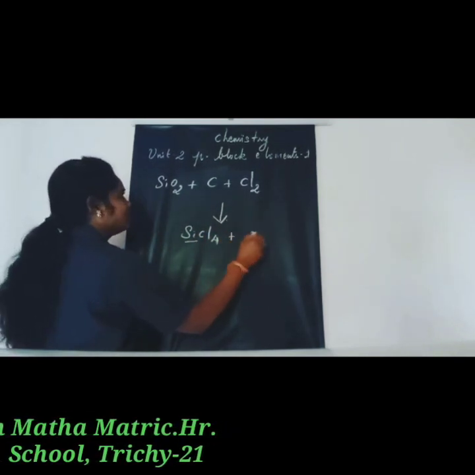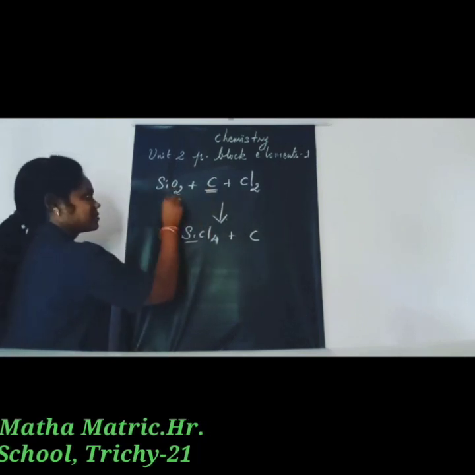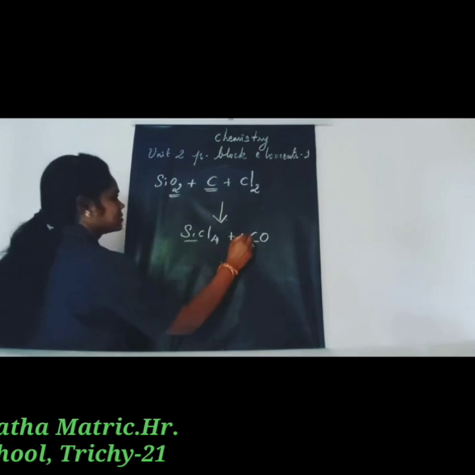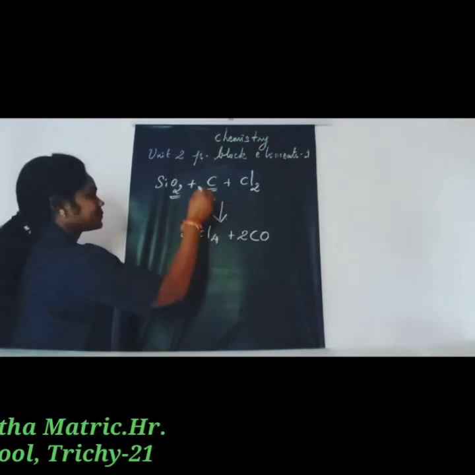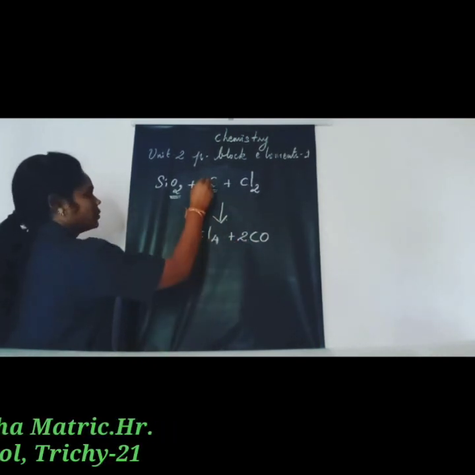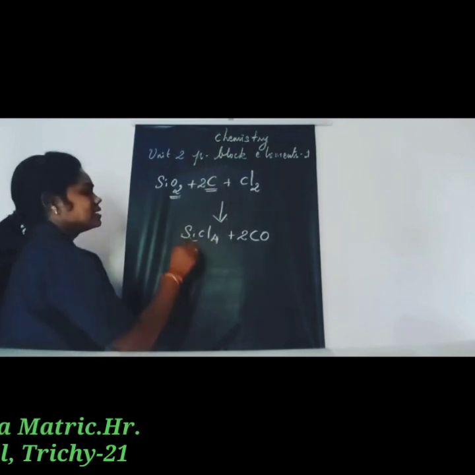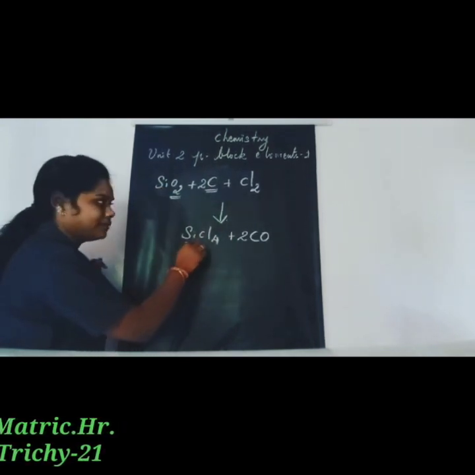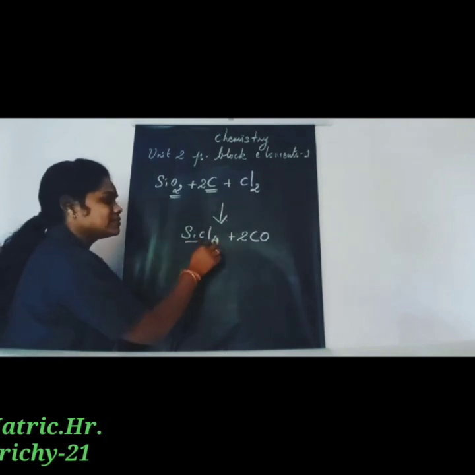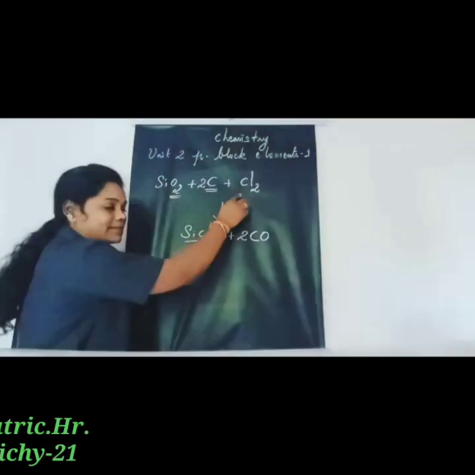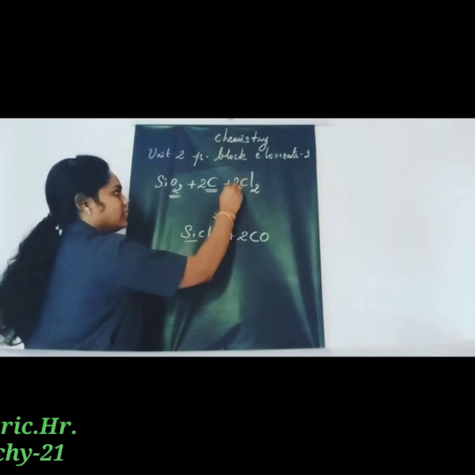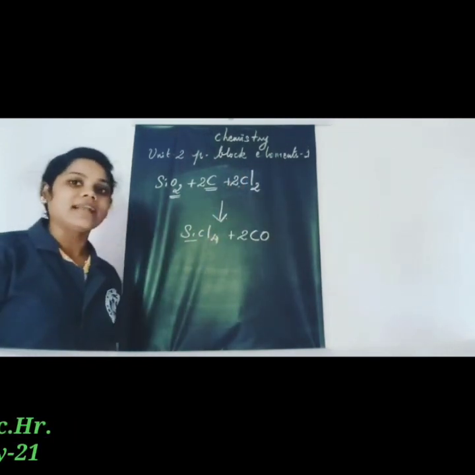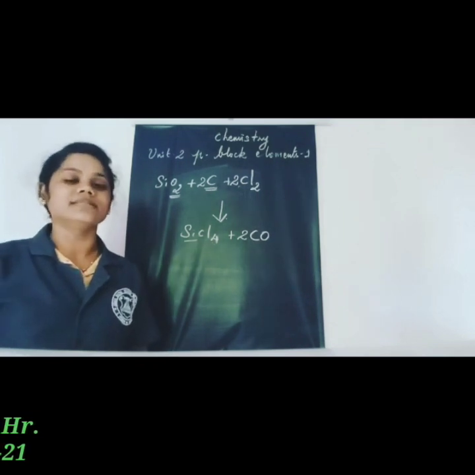plus carbon, remaining carbon, here oxygen. So carbon monoxide is formed. So 2 times of oxygen, so here 2 times carbon, so here also 2 times. Here silicon tetrachloride, silicon 1 time, so here also 1 time, and tetra represents 4 times of chlorine, but here only 2 times of chlorine. So now we put 2, so 2 2s are 4. Now the equation is balanced.